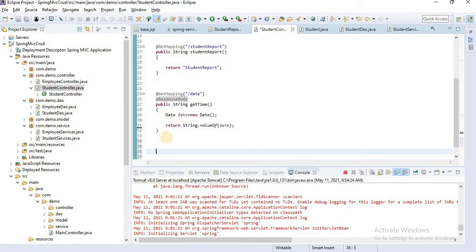Let's create the first method for save student. Okay, public String saveStudent.